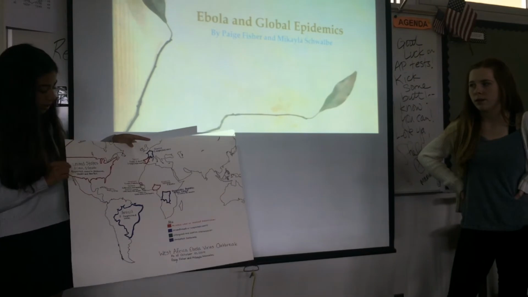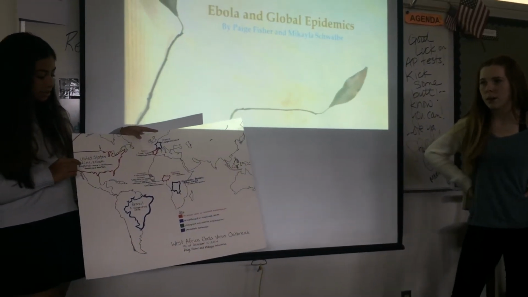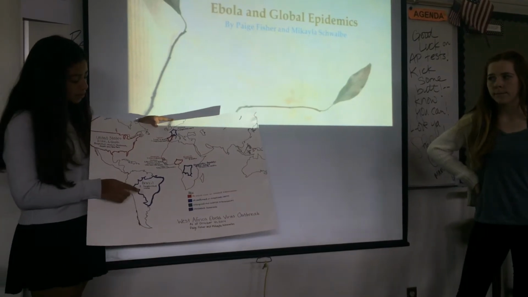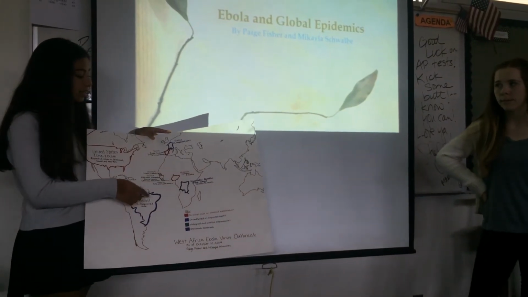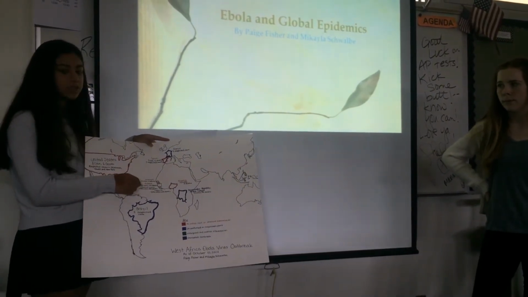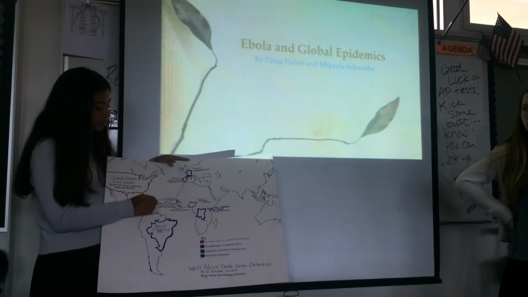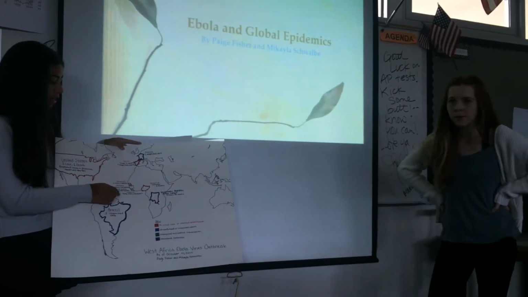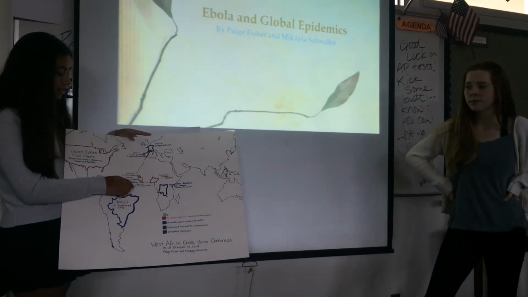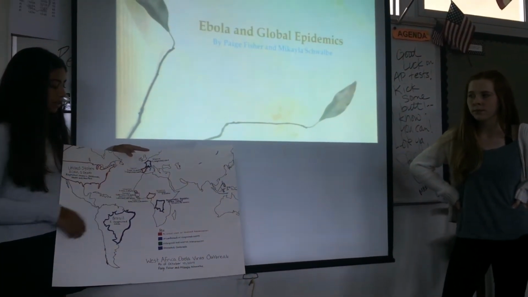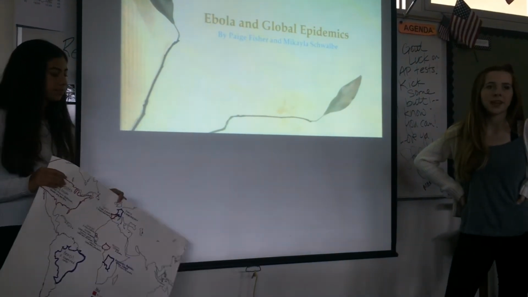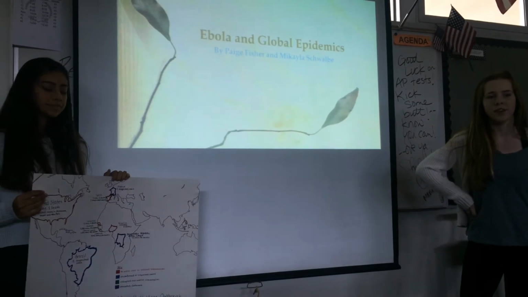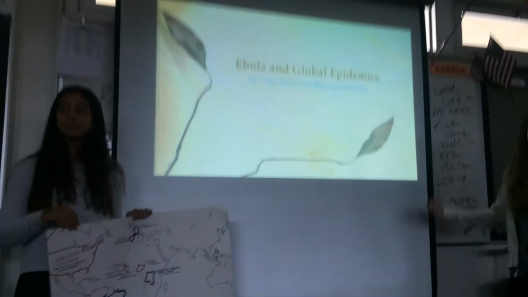some of it has changed, but as we see in the United States, there was one case and one death. In Brazil, 4 suspected cases, and like she said, in West Africa, there's a lot more. Like in Guinea, there's 1,350 cases, 778 deaths. In Liberia, 4,076 cases, and 2,316 deaths. And we're going to get to why exactly it's more in Africa than it is in other countries in our PowerPoint.